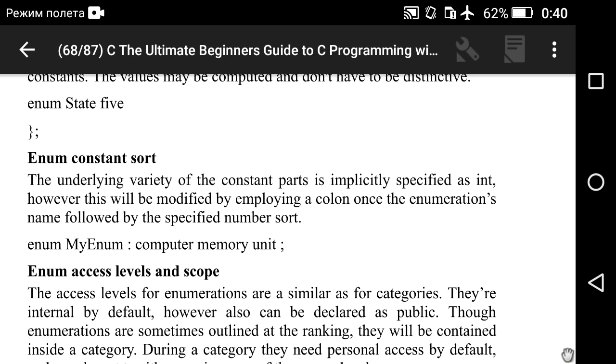However, this can be changed by using a colon after the enumeration's name followed by the specified integer type. enum MyEnum : byte.